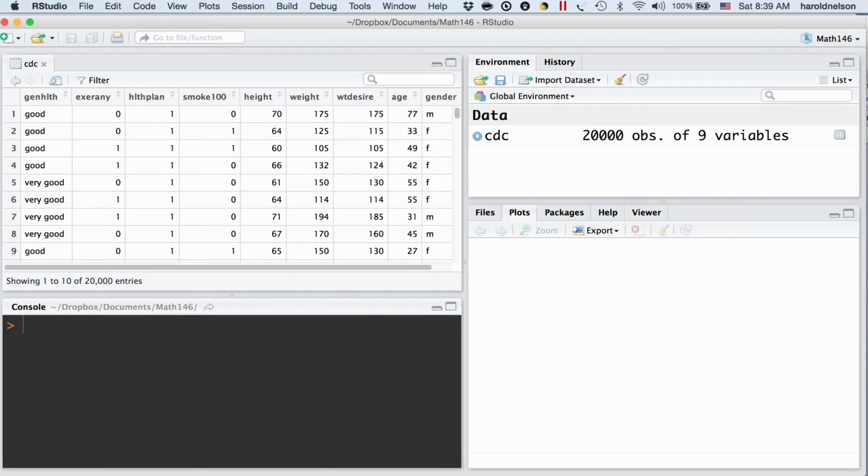Okay, so here we're looking at RStudio after I've loaded the CDC data frame into it. And I want to show you how to obtain basic descriptive statistical results and copy them into a Word document. Okay, so first thing we're going to do, we'll go out and we're going to import a code file, basic